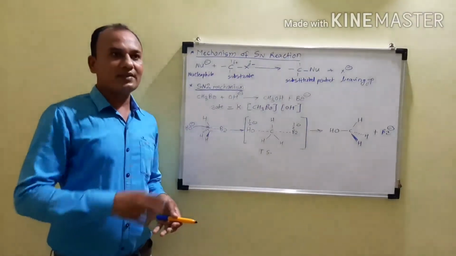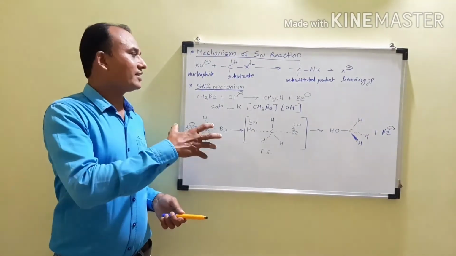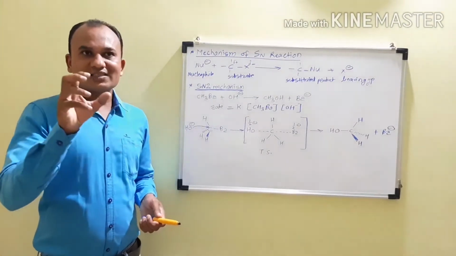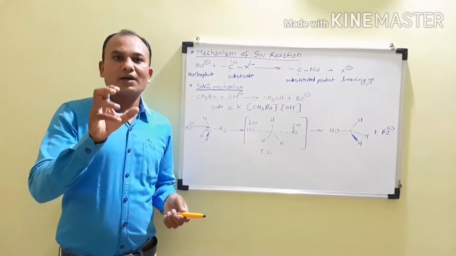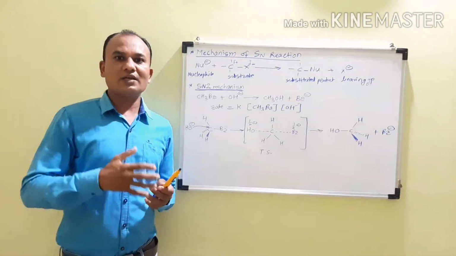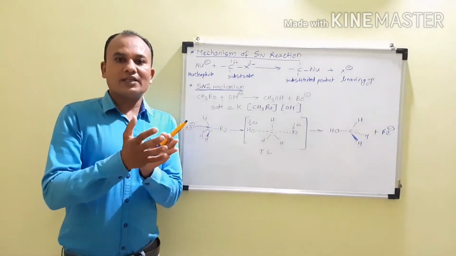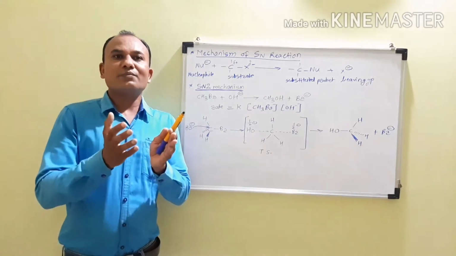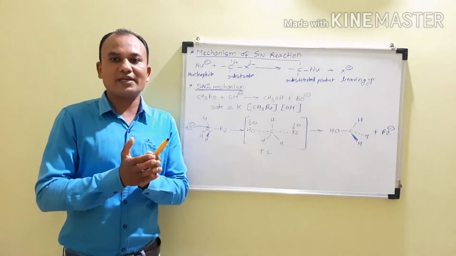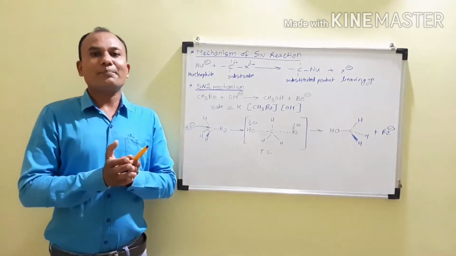And when we are considering the nucleophilic substitution reaction, it is called the SN mechanism, that is, the substitution nucleophilic mechanism. It is the description of the sequence of the leaving group and the nucleophile when the product is formed, and by which way this substitution reaction takes place. The description of these two things we can know from the mechanism.